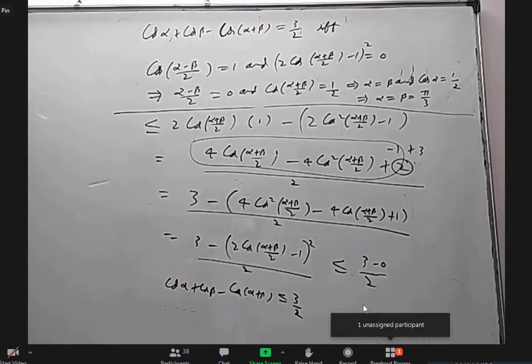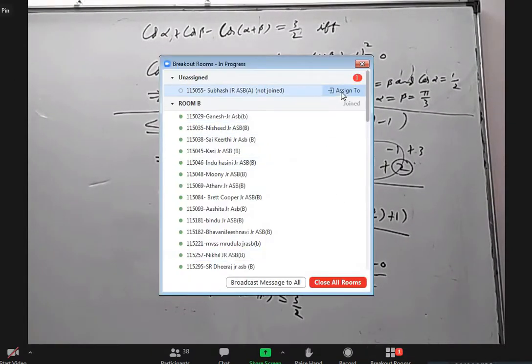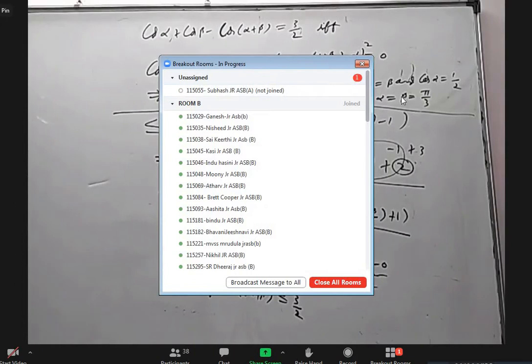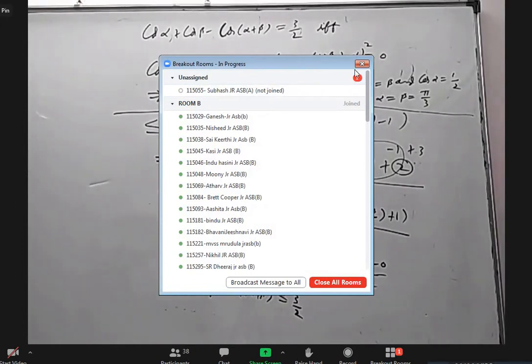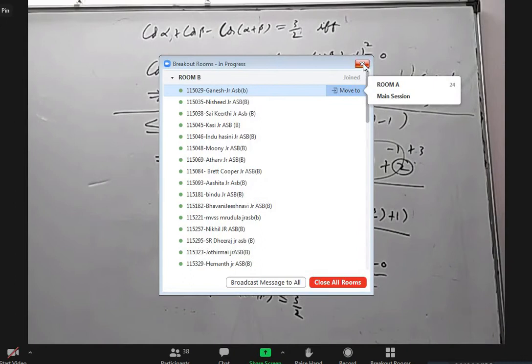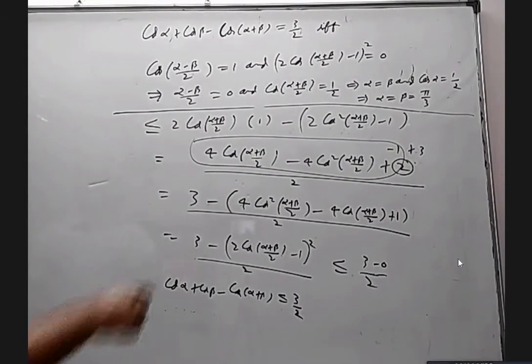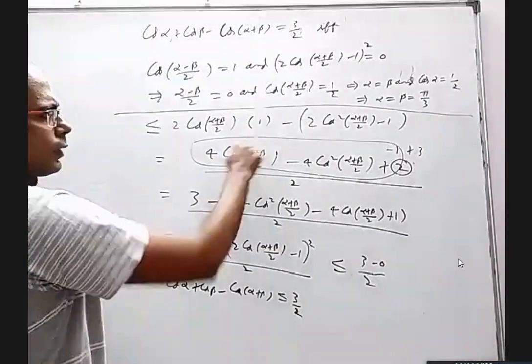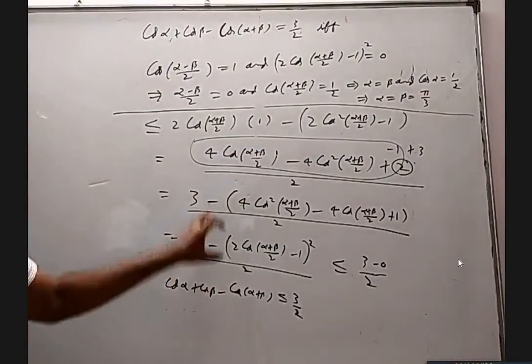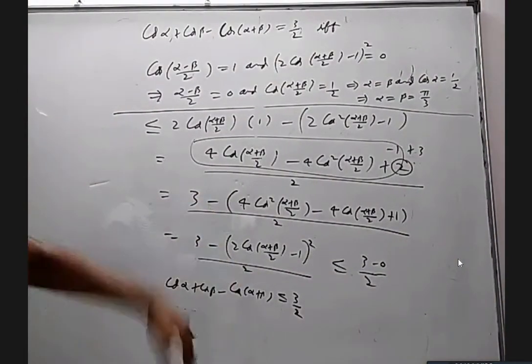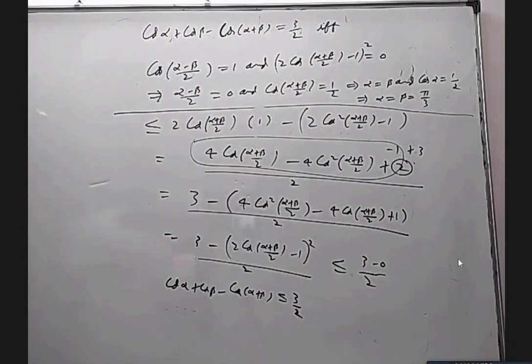Is it clear? Anybody? Sir, if we want the minimum value, then for cos alpha plus beta by 2 we will take the minimum value. We don't know whether we can find the minimum with the whole thing, but at least I can replace it with minus 1 here. But then you'll get a quadratic expression, and the quadratic expression's maximum is what we are getting here. You think about it. If you want to write some solution about the minimum value, write it and send it to me. I'll look at it. Okay.